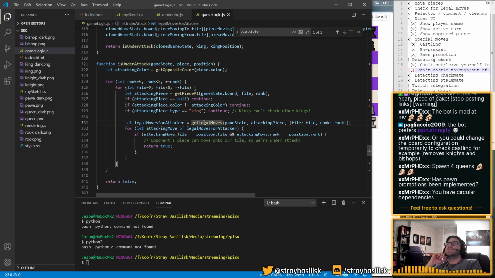Okay, is this actually circular? So the legal moves for a king depend on what moves would put them in check. Or depend on whether they're in check, and if they're in check depends on what moves.